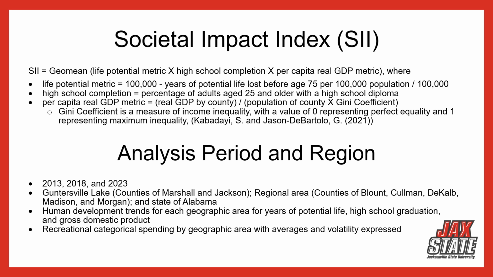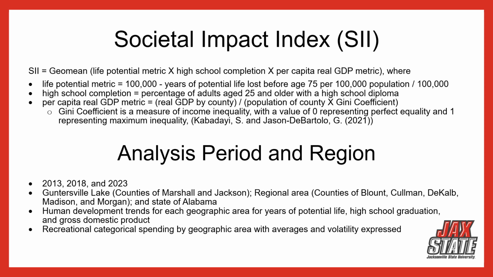In other words, they should have people living longer based upon their expected life expectancy. They should be reaching that life expectancy. High school completion is just looking at the number of individuals that completed high school. The per capita real GDP metric is looking at real GDP by county and dividing it by the population of the